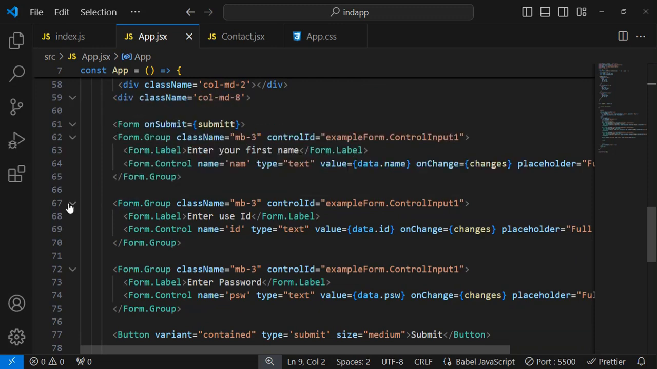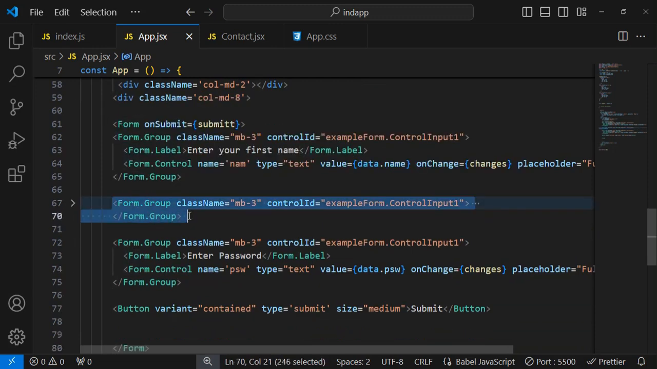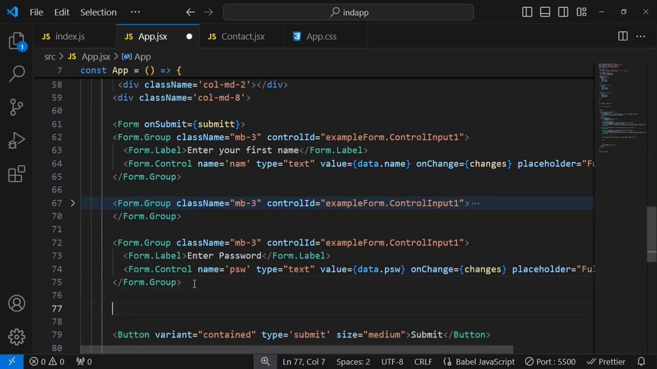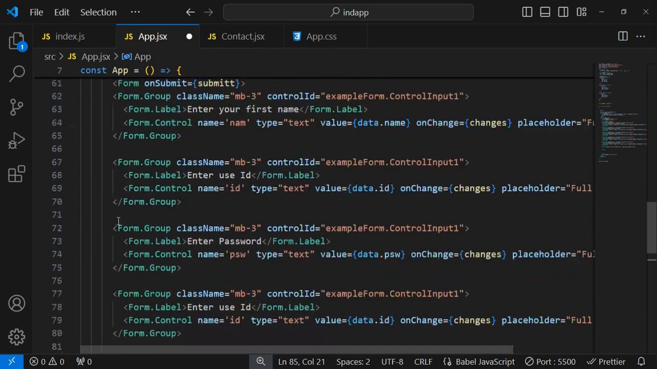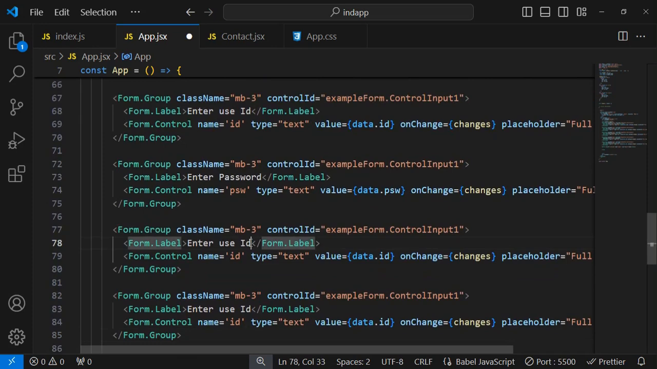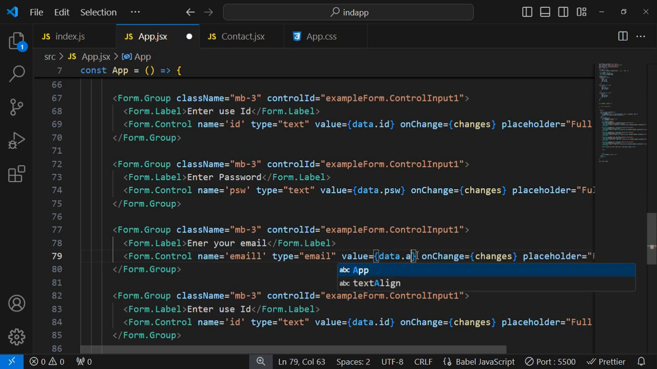So here I am just going to copy that code, Control C, and I am going to paste it twice, and I have to change the names as well. I'm just typing here, enter your email, and I am writing here email, name is email, and here I am writing mail,